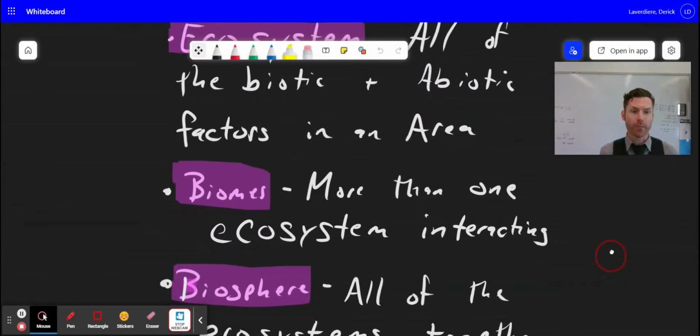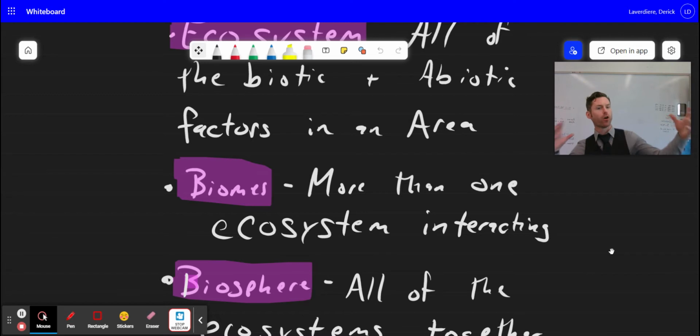Right. And then we got biomes, and biomes are a big idea. It's when you put more than one ecosystem together, right? And so we have a biome of Lynn English High School plus the front lawn, right? Those are two different ecosystems, but they work together, right? So the front lawn of Lynn English High School, that ecosystem plus the ecosystem of LEHS together, that's a biome. I can even throw in Flax Pond as part of the biome, right? So all three of those ecosystems intermingling is a biome.